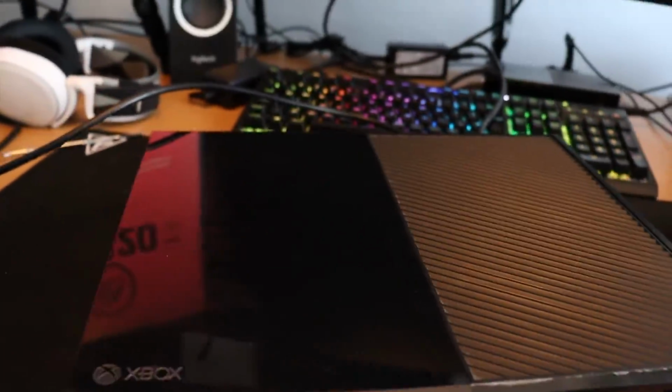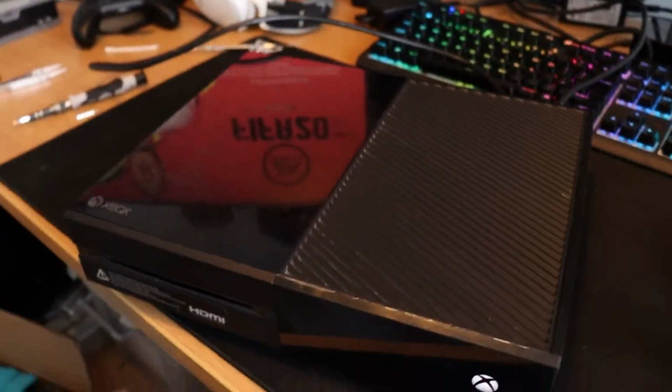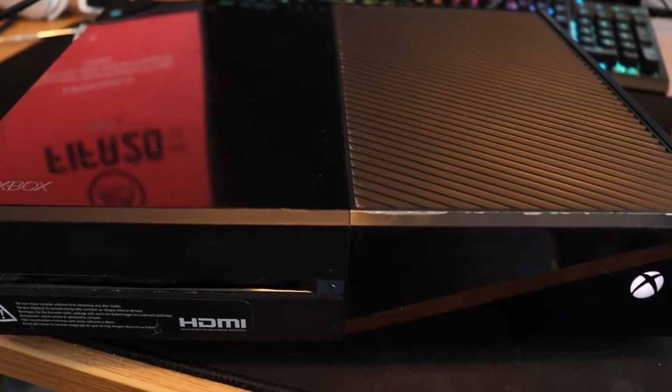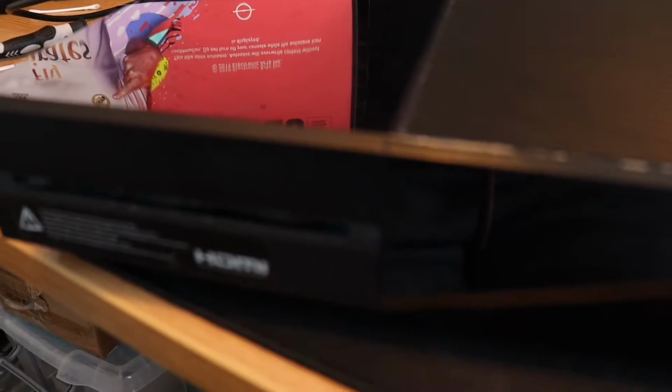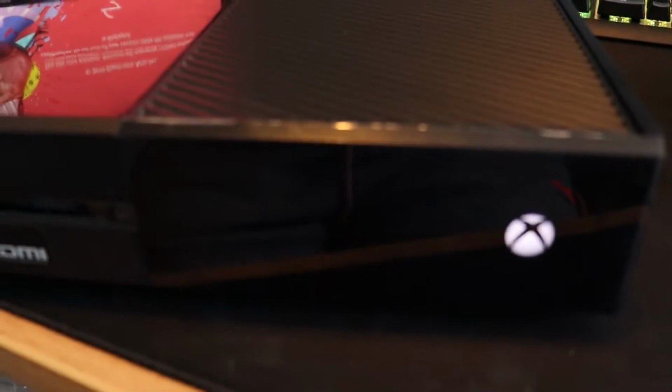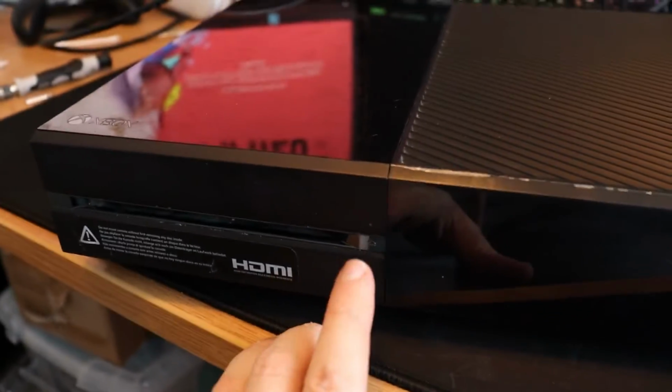Okay, you will also notice that I managed to get the sticker off. I think we've done quite a good job collectively as a team. FIFA 20 works absolutely fine, no issues whatsoever. The disc spin seems to be relatively quiet. There's no horrendous noises, and if I go to eject,